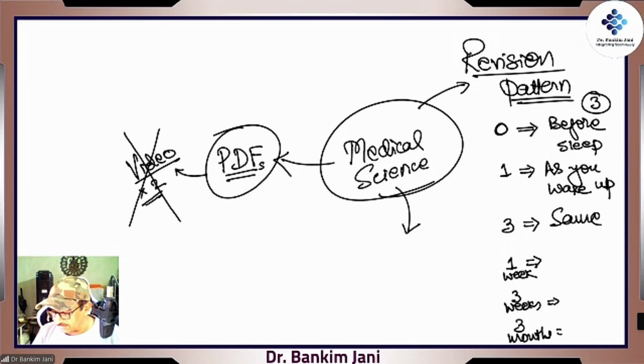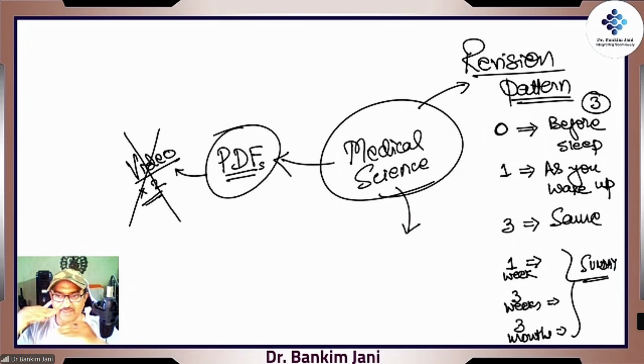And for these, select any of the Sundays. Whichever Sunday is coming, you decide: this Sunday, I'll sit and I'll spend 1 hour. In that 1 hour, you are just scrolling through those pages, those topics at a high pace. Your brain is so powerful because if you follow this pattern, all your memory, all your knowledge that is laid into the form of protein chains, by revising this format, you are replenishing those protein chains. Those protein bonds become stronger and stronger. For 3 years, you won't forget.